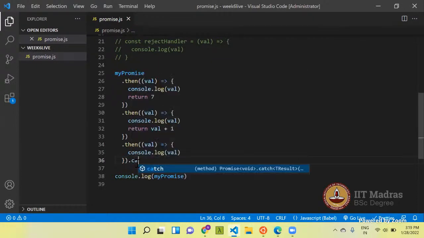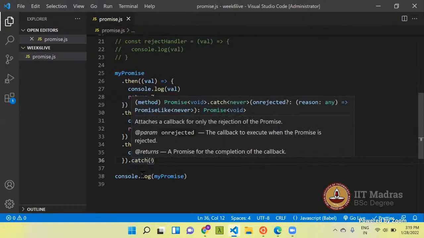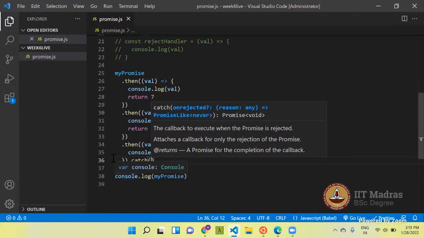So what we can do is catch. We use the catch function to handle the rejection of the promise. So there are two ways you can handle the rejection. Either you pass two callback functions in dot then, so the second callback function will be triggered when the promise gets rejected, or you can use dot catch.